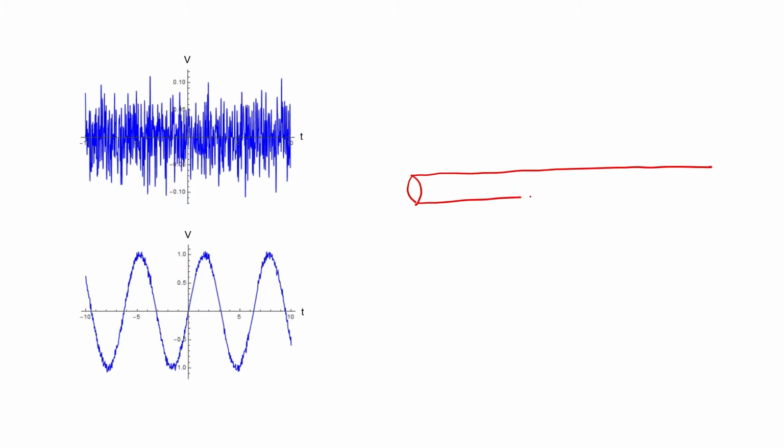Let's now imagine that we have a horizontal section of wire and we have electrons moving around randomly in that conductor. Let's consider a single cross-section of the conductor. If we don't have the wire hooked up to any power source, then the electrons are just going to be moving randomly, and the amount of randomness or the amount of movement that each electron has will be related to the temperature. At any given moment in time, you're going to have some electrons moving from left to right and some electrons moving from right to left. Again, through this cross-section, we sometimes might have more electrons moving in one direction than the other. That would show up as a current flow.